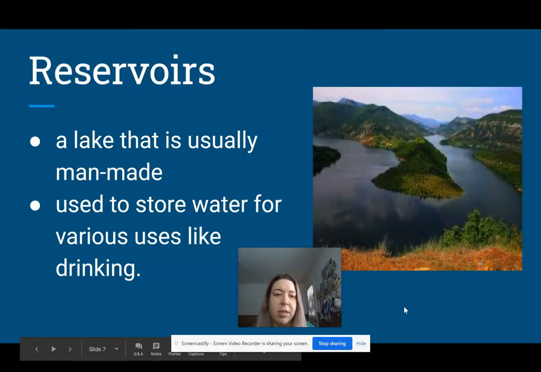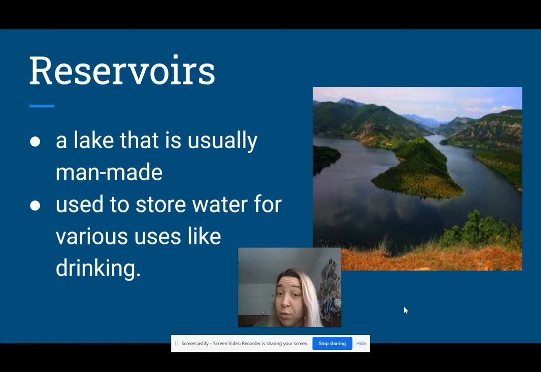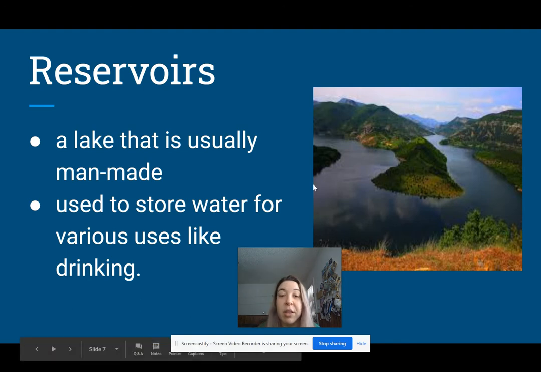All right. Our next one is a reservoir. We are going to do a little bit of talk about landforms, which I believe you've already discussed in social studies, maybe. If not, you're going to. So, sneak peek again. Reservoirs are basically man made things to store water. We use them obviously for drinking water and things like that. So, there you go. There's a picture.